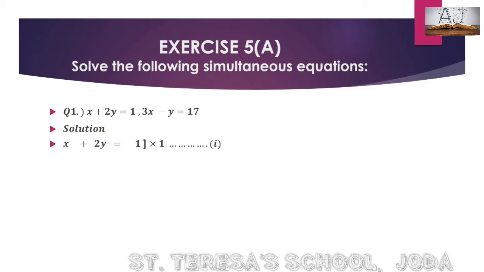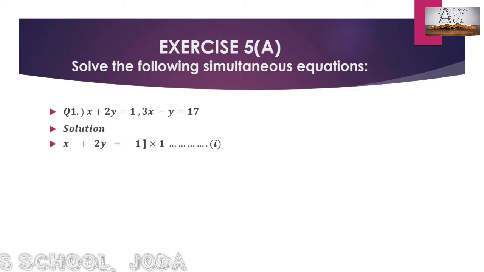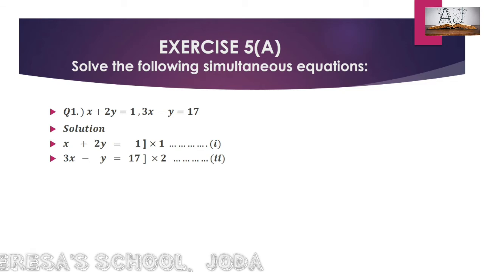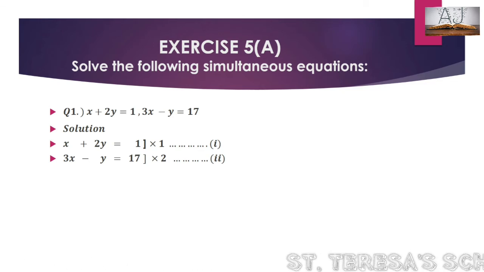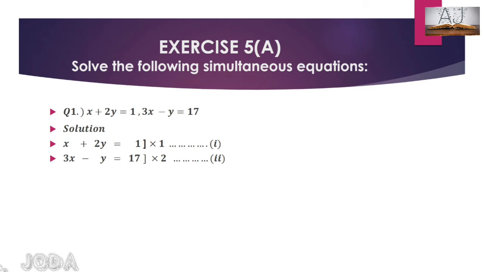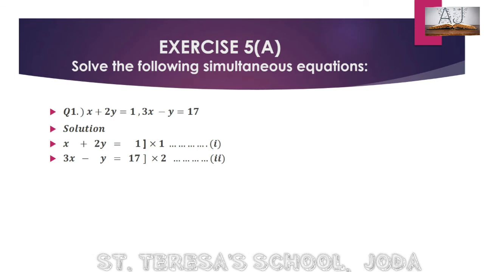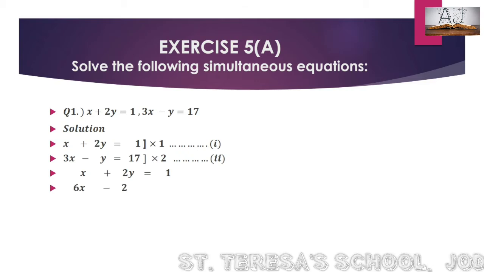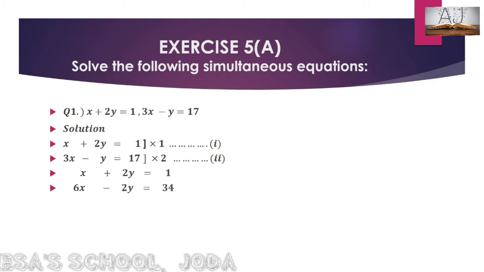First we'll write x plus 2y is equal to 1, the first equation, and then the second equation, that is 3x minus y equals 17. Now we have to make y equal in both the case. The numerical constant before y that we have has to be made equal. So the LCM of 2 and 1 comes 2. If the LCM is 2, what you have to multiply to make it 1? 1 only. So we multiply 1 and to the second equation we multiply 2.